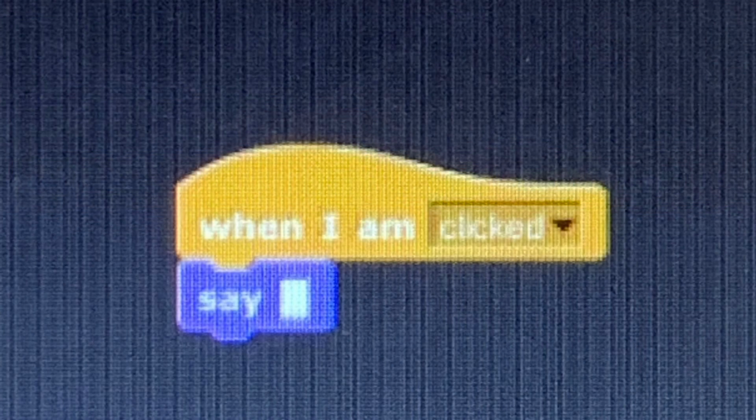Another piece of code that I did not mention yet is when the sprite is clicked, it says nothing. So that is adding on to when the green flag is clicked, it welcomes a player. When the sprite is clicked, it says nothing, so that it's not saying welcome while the player is playing the game. I will now be demonstrating the clicking game